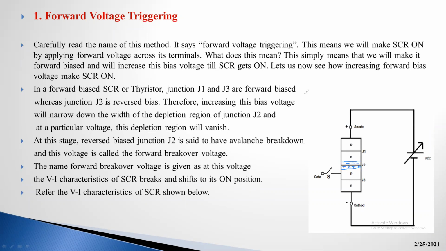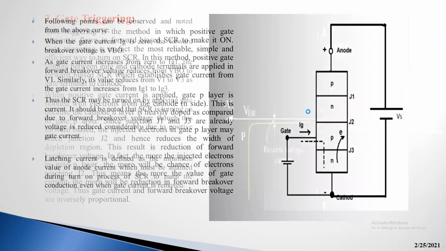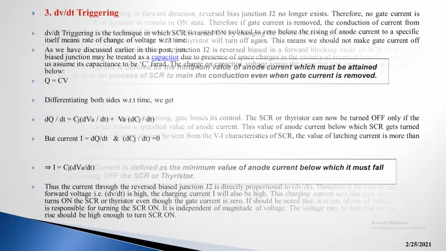This is due to the doping of electrons and holes. Some electric field or electric potential is present at the junction J2, which means the junction J2 acts as a capacitance. Is it clear? The junction J2 acts as a capacitance. Next, see here, what will happen if the junction J2 acts as a capacitance?